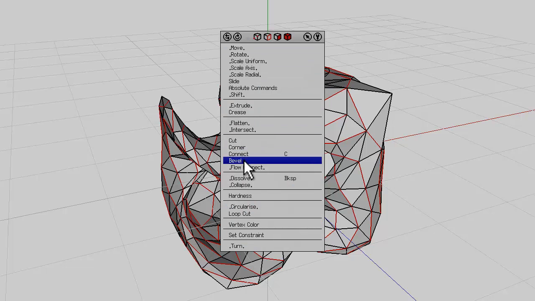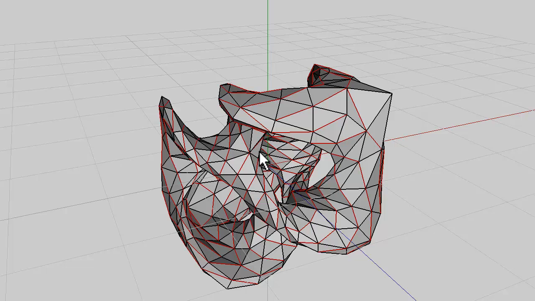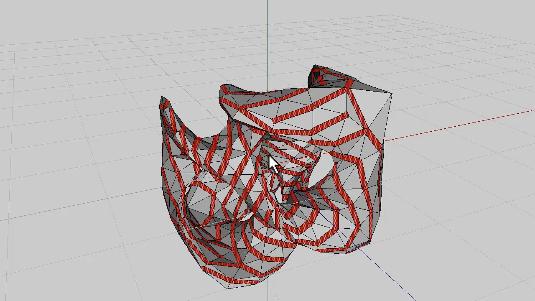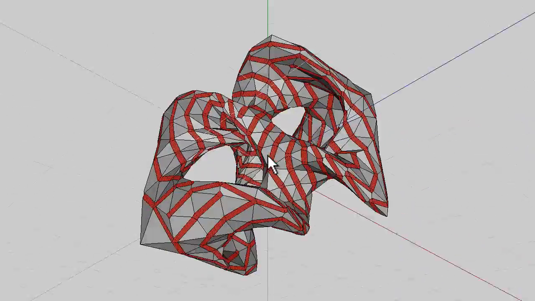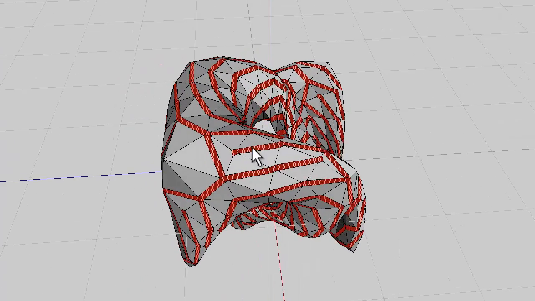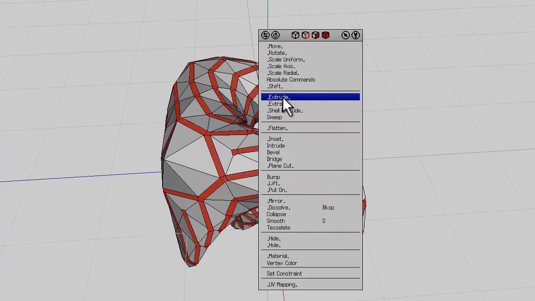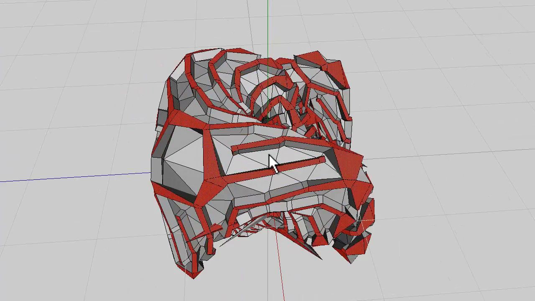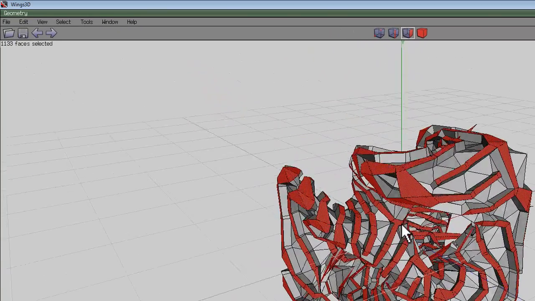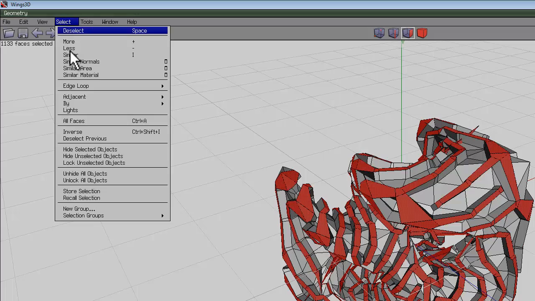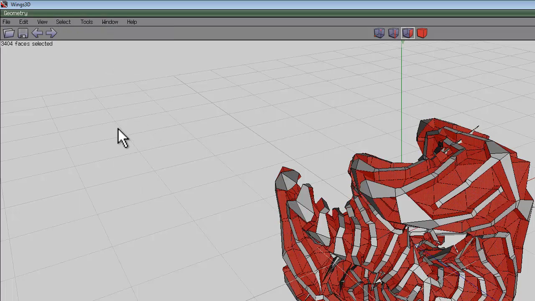Right click and bevel and just bevel them out a bit. It might take a while because it's become quite a complex shape, so just bevel by clicking, moving the mouse to the right, left click. The next stage then is to extrude those. So click on extrude normal, hold the control key down and take them out 0.1, and then go select, inverse,